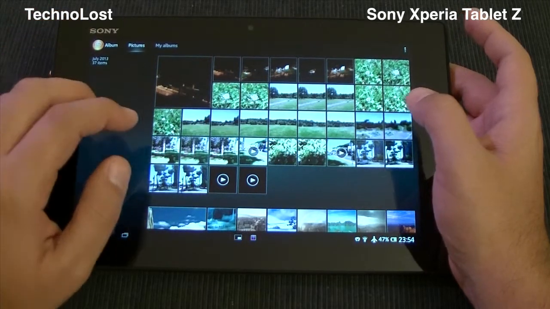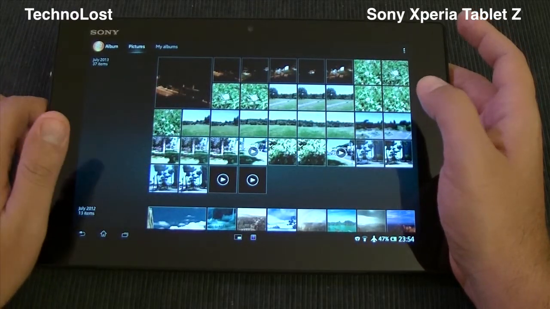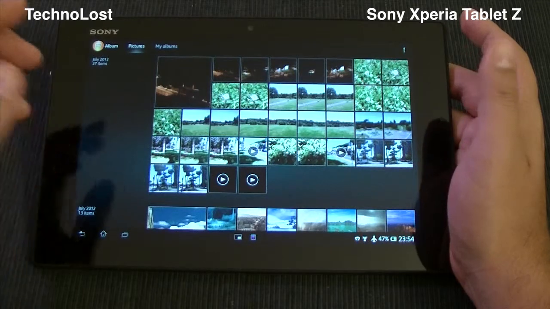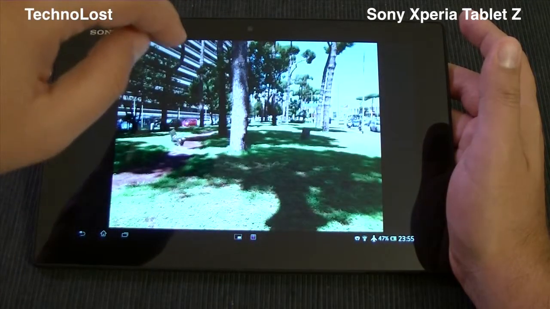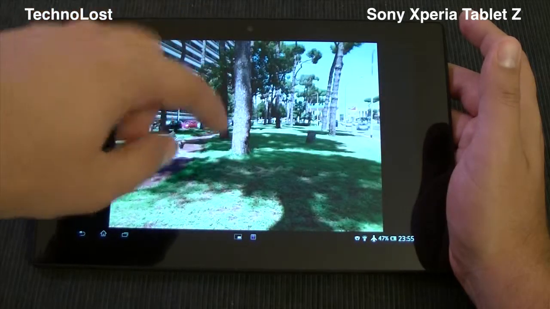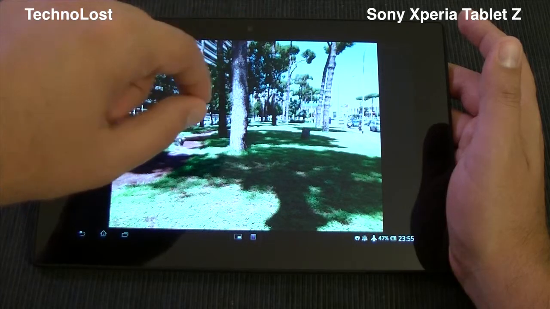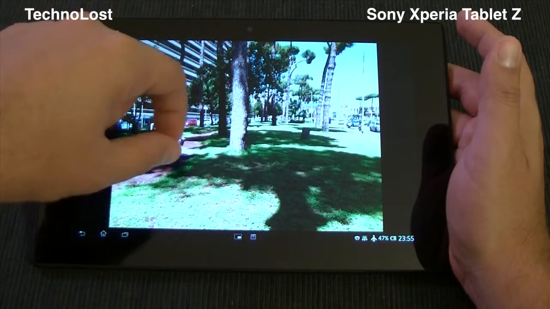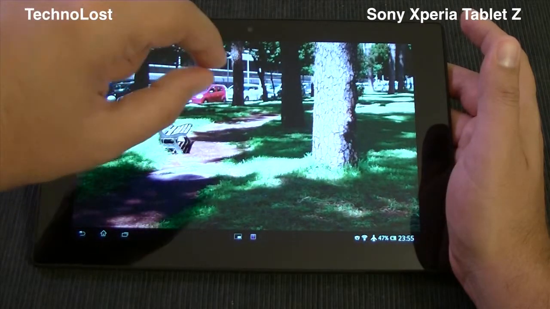and video quality, recorded and taken by this Sony Xperia Tablet Z. Well, let's start with the pictures. Let's start with a good light condition like this. So as you can see, the picture is not bad. There's very good contrast in the scene, but as soon as you start zooming in like this, you will start